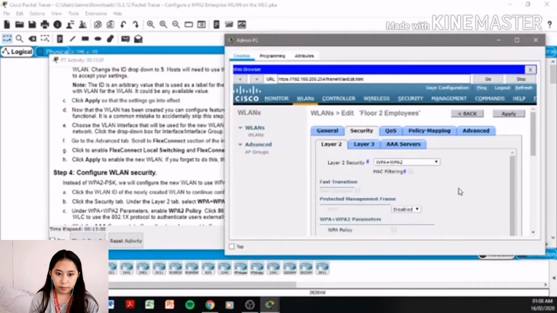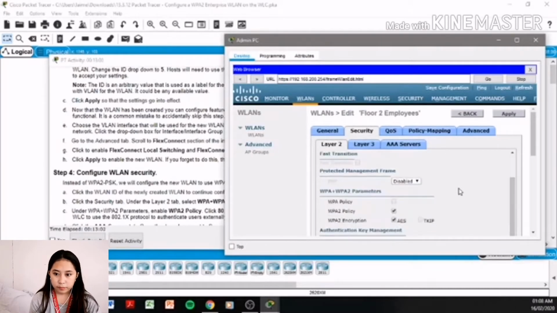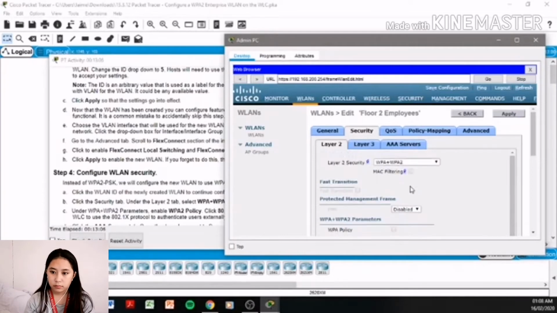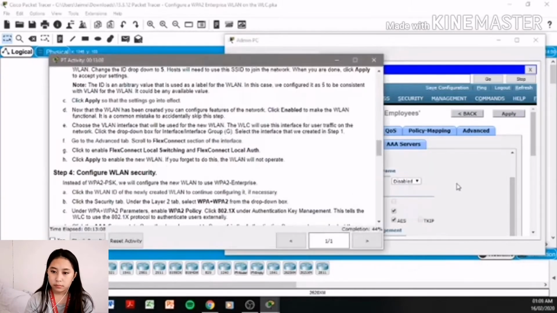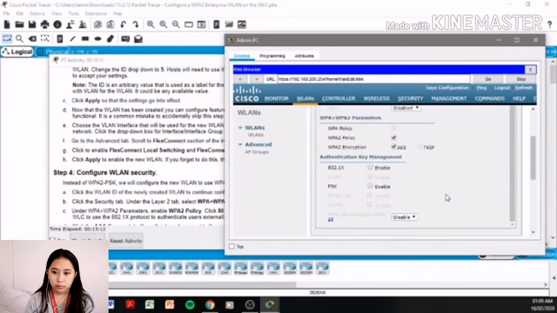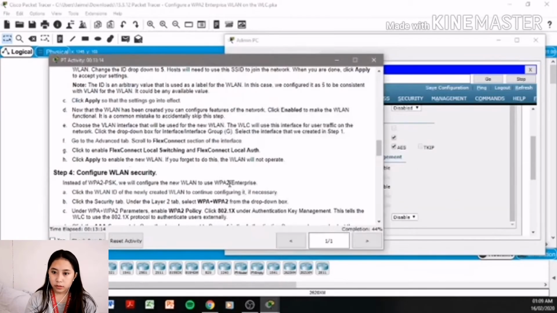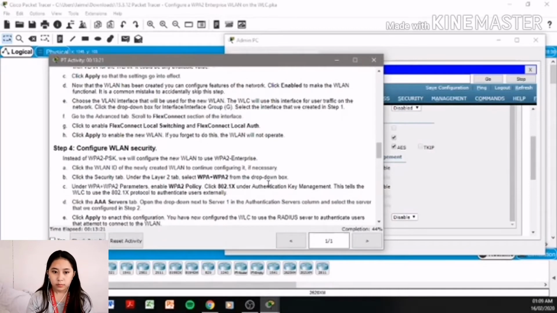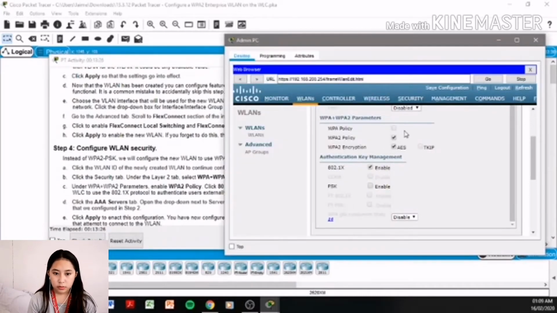Okay. Authentication key management enabled. And then